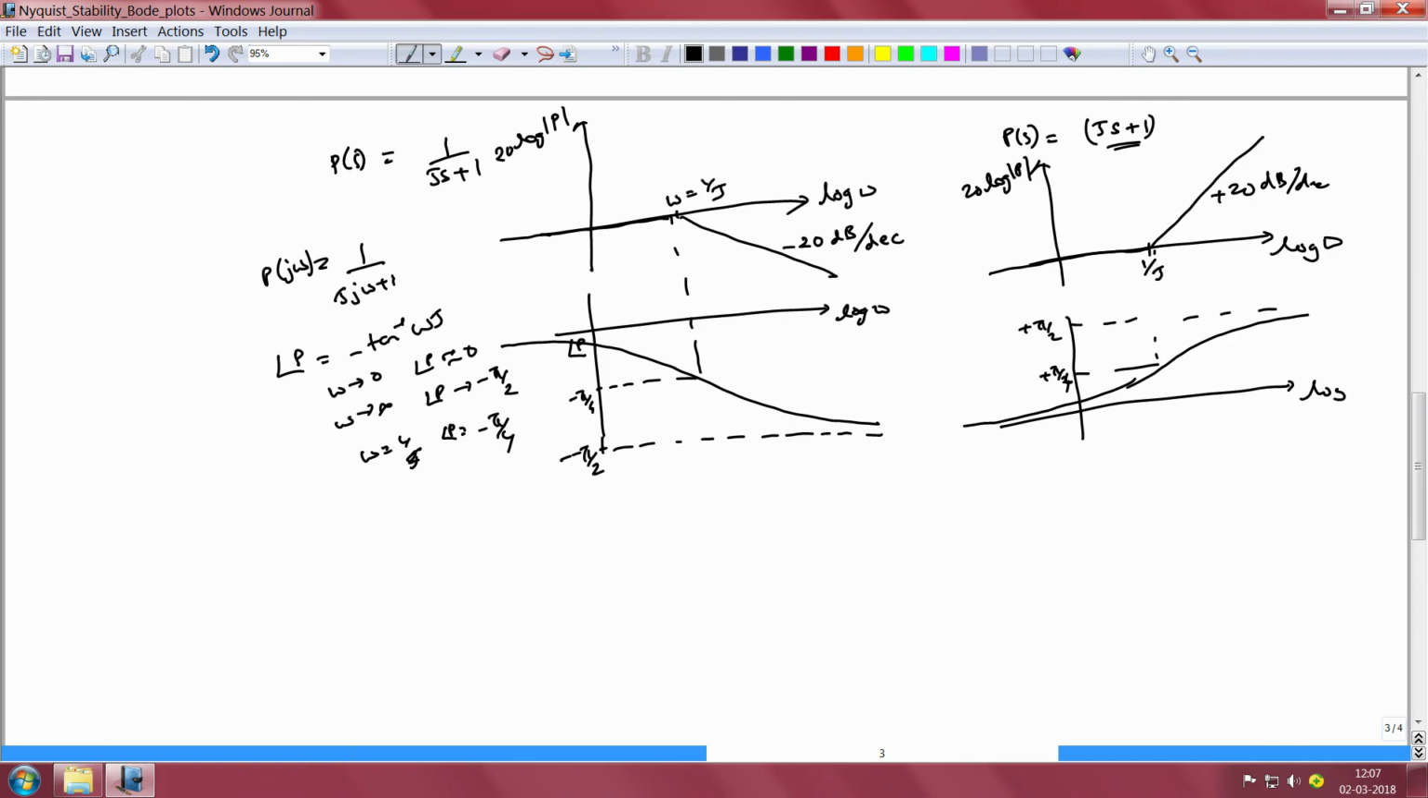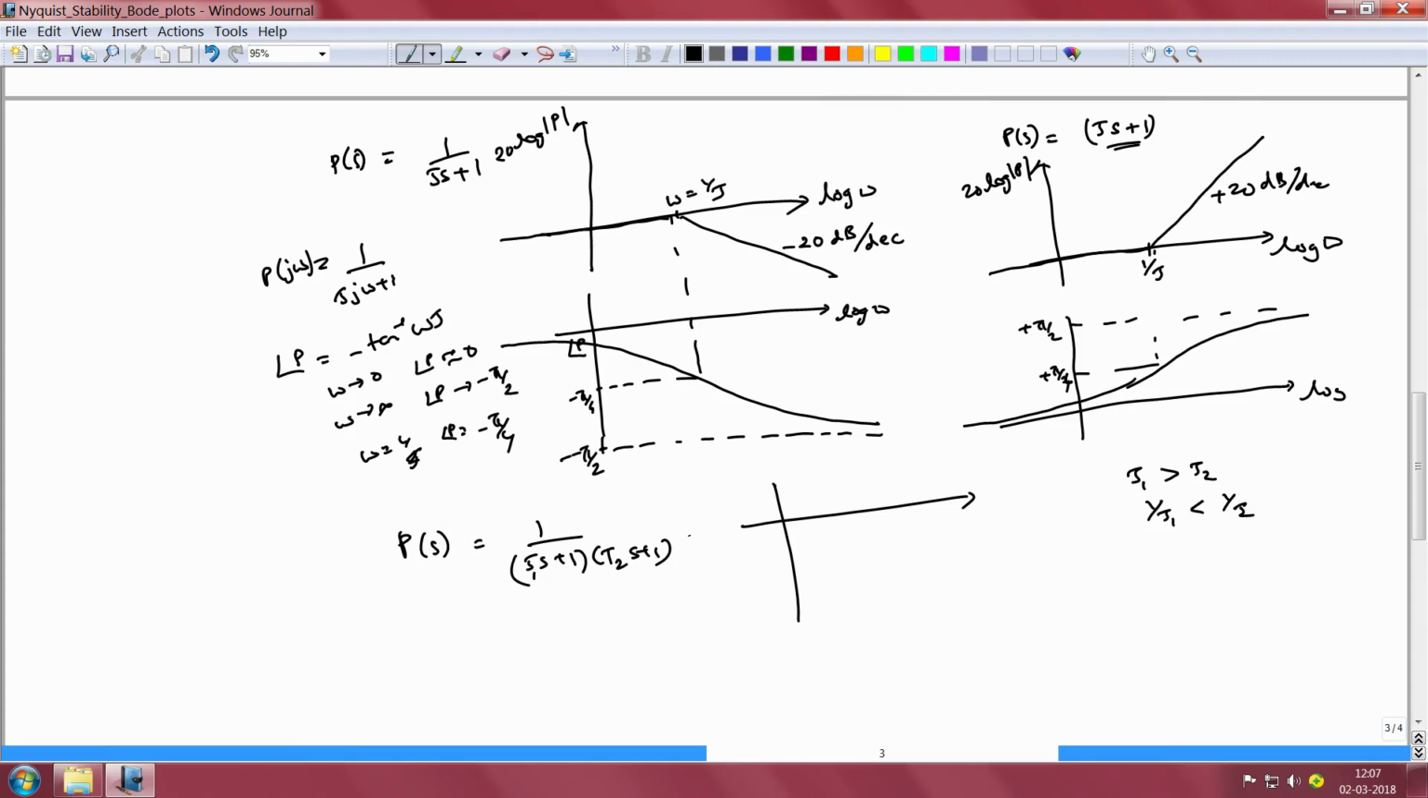Now, if I have a second order system which is a cascade of two first order systems. So, for instance, if I were to consider p of s to be equal to 1 by tau 1 s plus 1 times 1 by tau 2 s plus 1, then we would have the Bode plot of this to be the addition of the Bode plots of 1 by tau 1 s plus 1 and 1 by tau 2 s plus 1. Assuming that tau 1 is greater than tau 2, so that 1 by tau 1 is less than 1 by tau 2,